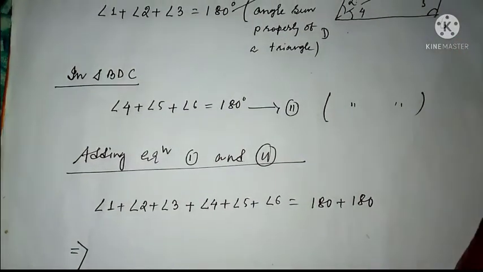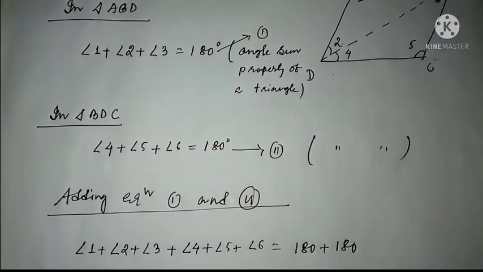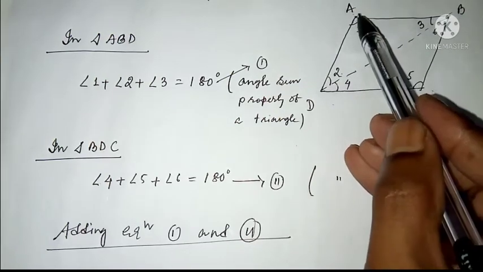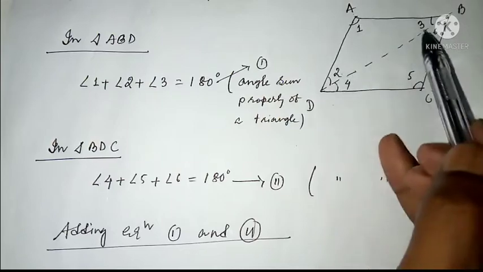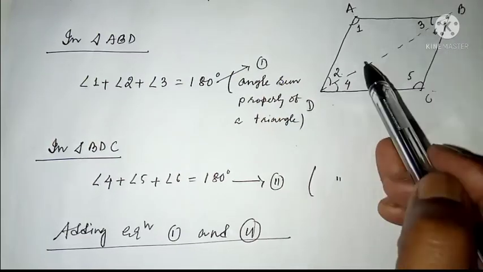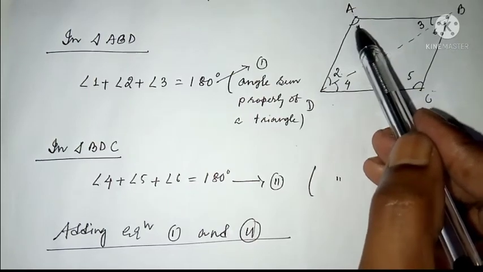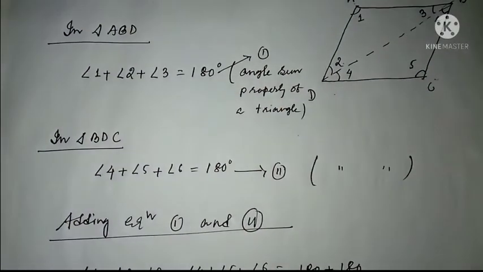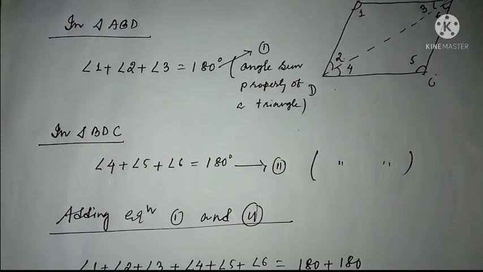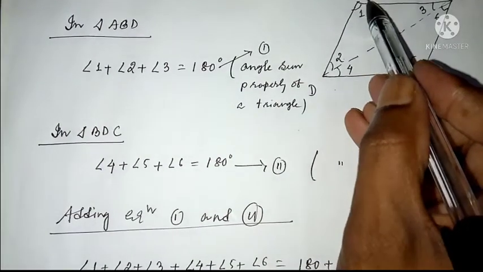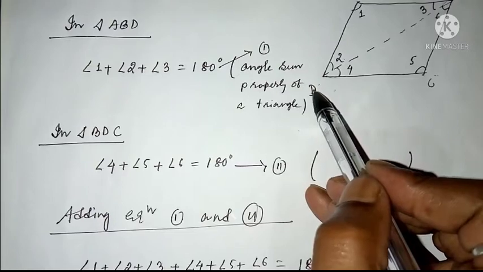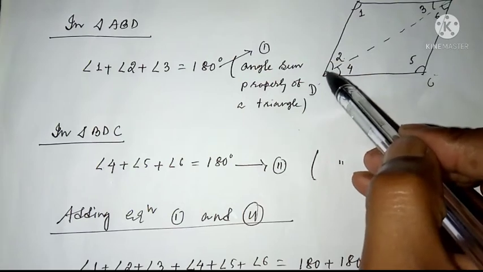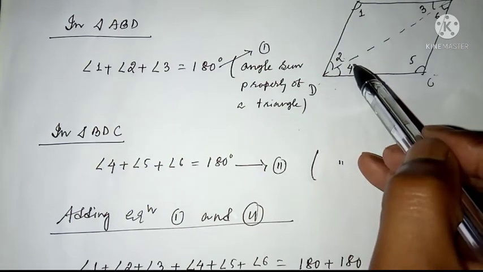Now see in this figure, angle 1 means actually angle A. Clear? I have named them 1, 2, 3 just to have a clear idea about this triangle only. Actually 1 or A, it is the same thing. I have denoted it by 1 only to make a distinction between these two triangles. Now angle 1 means that is your A. Now if I need to write angle D, this diagonal divides this whole angle D into two parts, one named 2, another named 4.